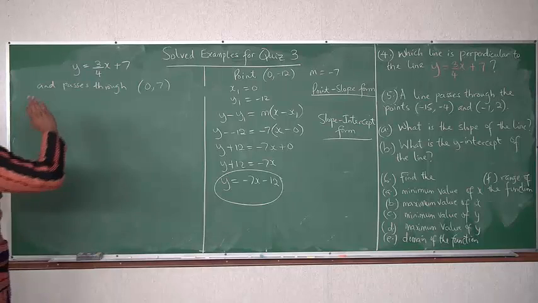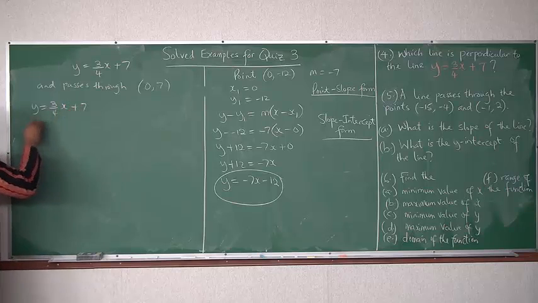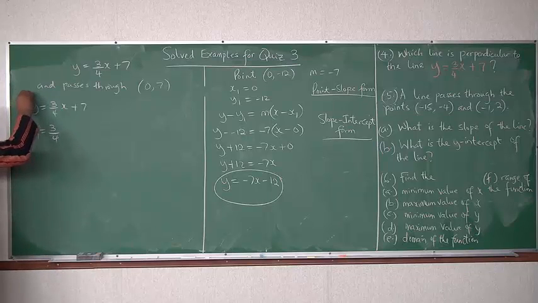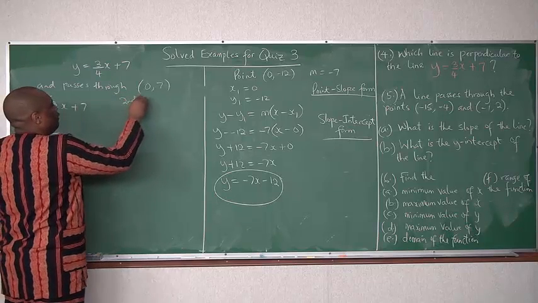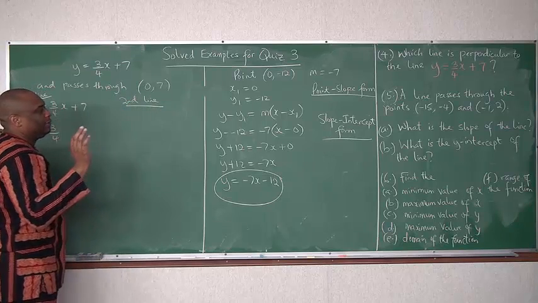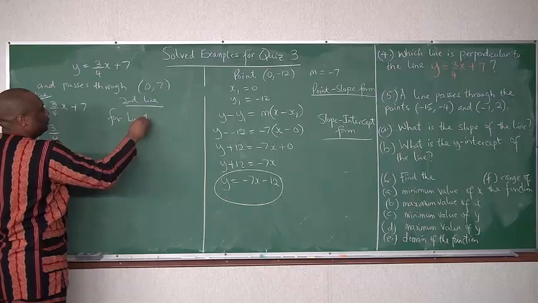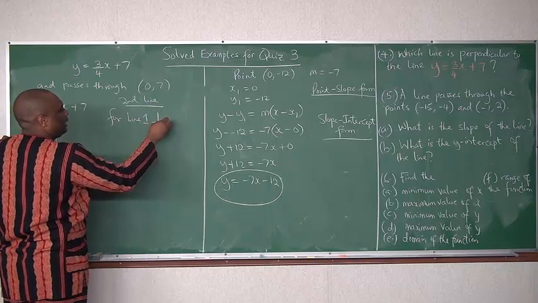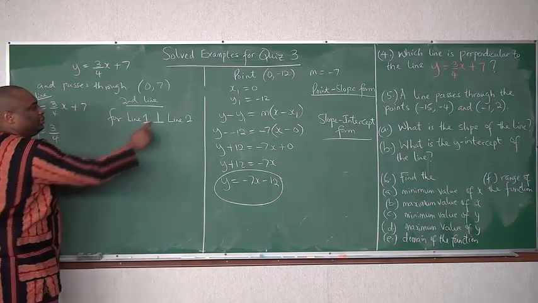Now, this is the first line, okay? y equal to 3 over 4 x plus 7. What is the slope here? The slope is 3 over 4. Let's call this the first line or first equation, so M1 is 3 over 4. Now, for the second line, for the two lines to be perpendicular, for line 1 to be perpendicular to line 2,